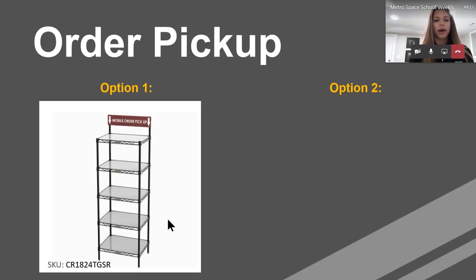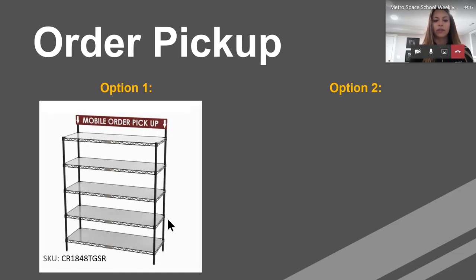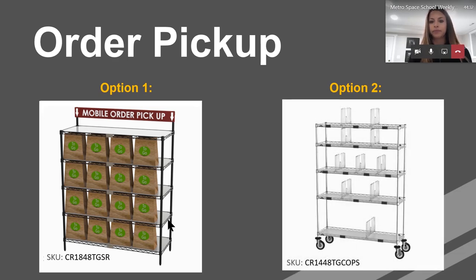For order pickup, nice kitted solutions here. Everything is going to come in a single SKU, including that sign that you see there. Great for directing mobile pickup orders, or as customers are coming inside to pick up their order, direct them to this unit while keeping social distancing, so they're not trouncing all over the restaurant. And option 2, this solution uses dividers. Again, single SKU there. You're going to get everything that you see in this image, including the dividers to make